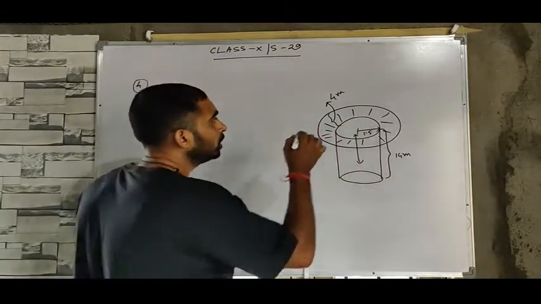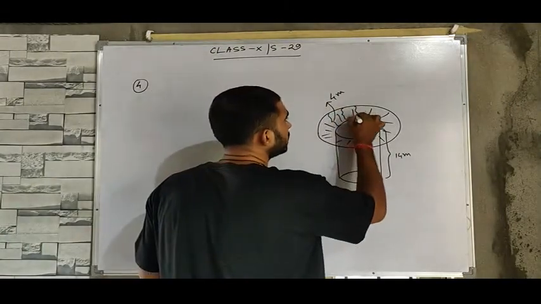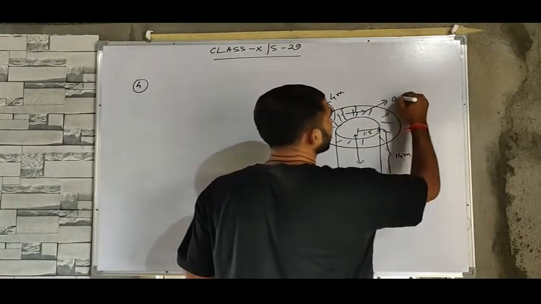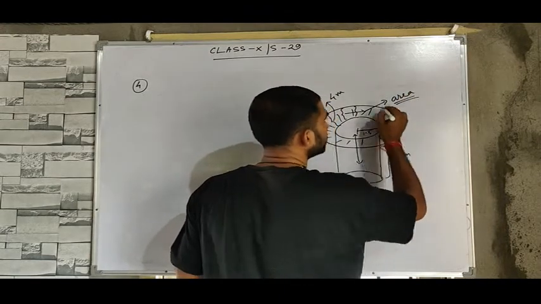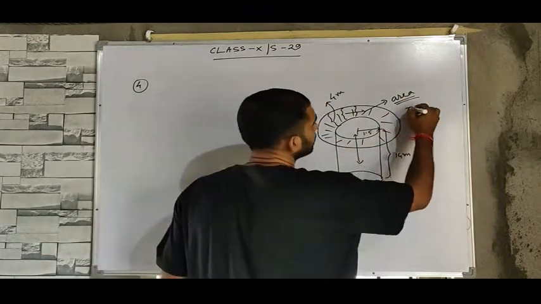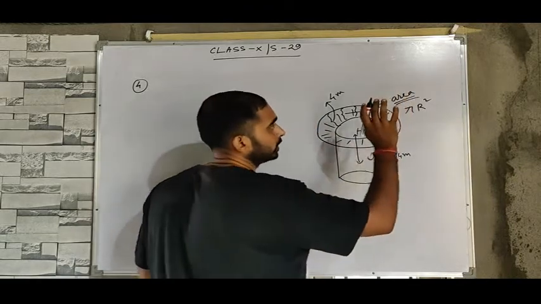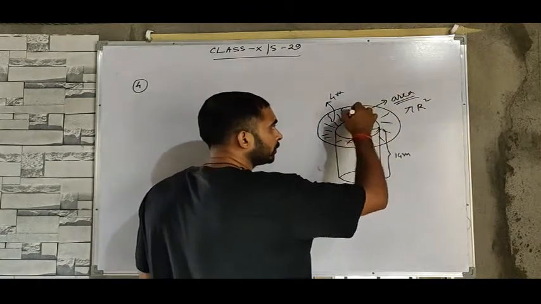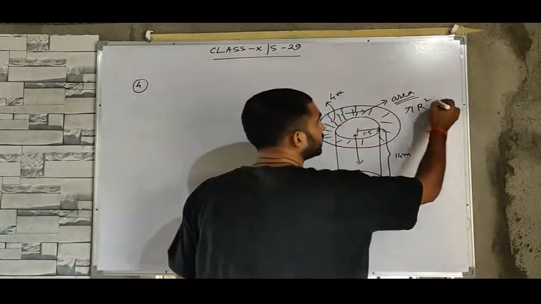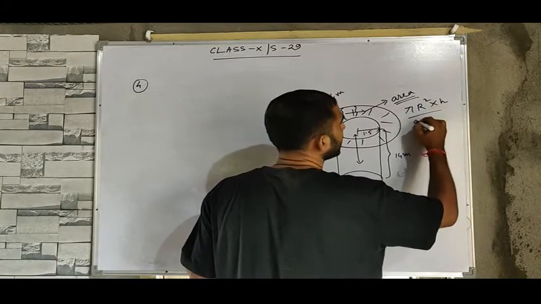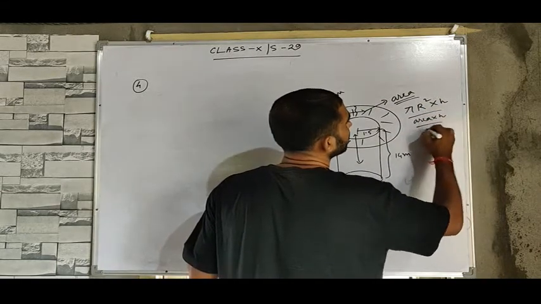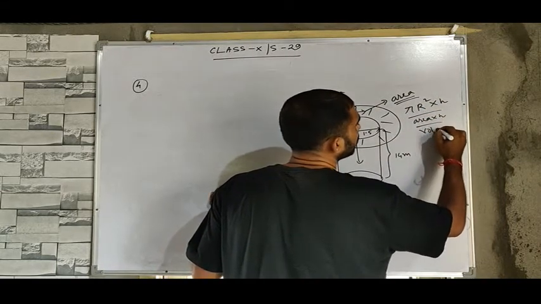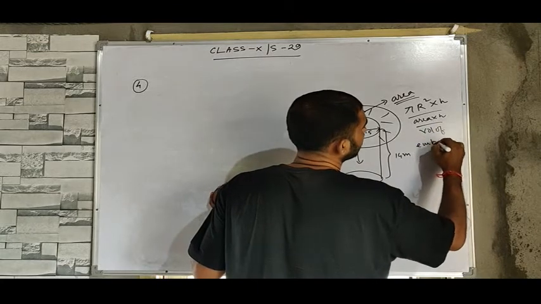So till now it's a plain figure. We have to find the area of the embankment at first. Now the shape is circular, so simply pi r square. After finding the area of the embankment, if you multiply by the height, then area into height equal to what? Equal to volume. And volume equal to what? Volume of embankment.